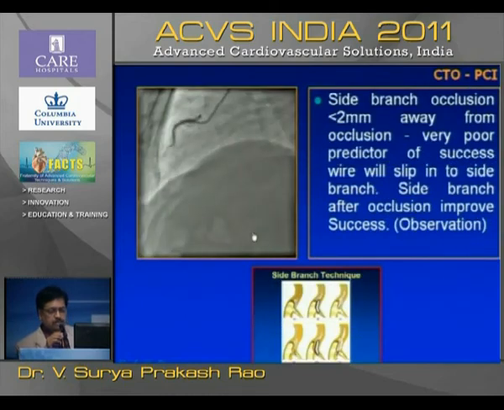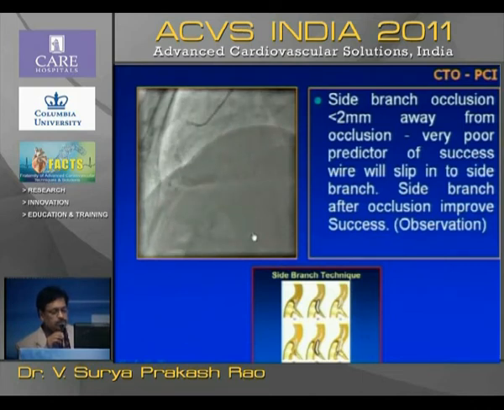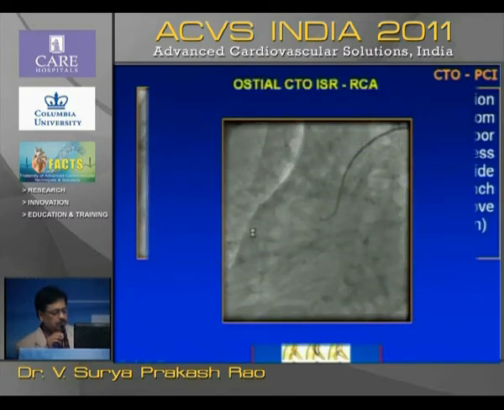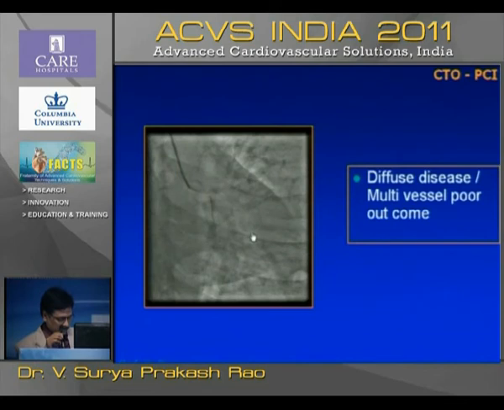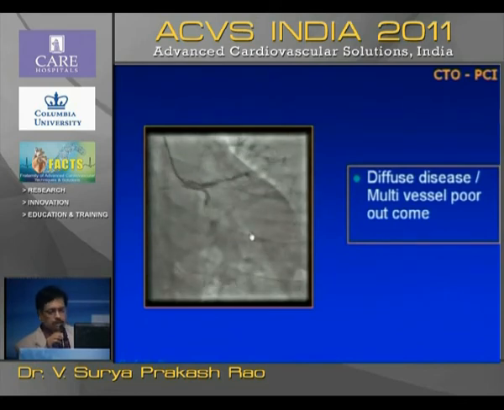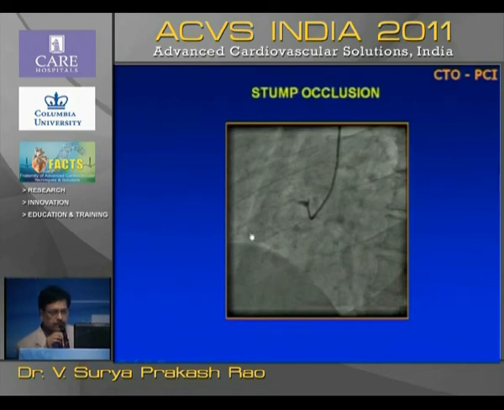And the side branch, they say, is a bad predictor, but a side branch immediately after the occlusion or at the lesion is actually useful. You can take advantage of that. In-stent restenosis of a few years' duration at the ostium, these are the worst cases we are not supposed to attempt. And diffuse disease, this patient had diffuse disease and an RCA total occlusion. On CT angio, the segment we have to cross looks soft, so we opened this vessel. But ultimately what happened is, this patient's disease, you see